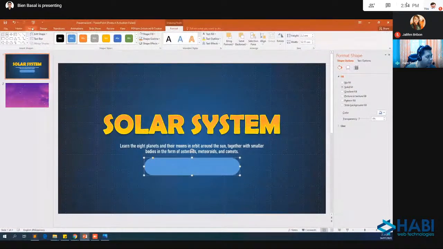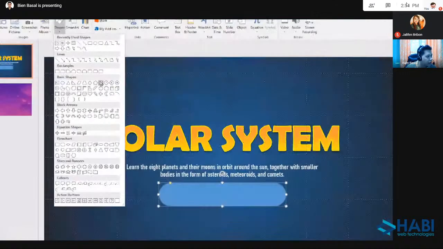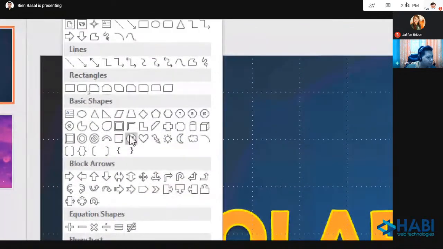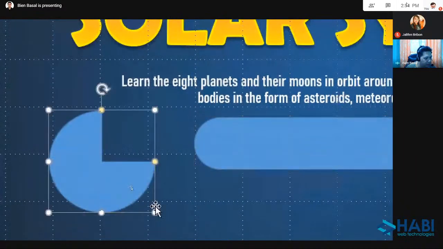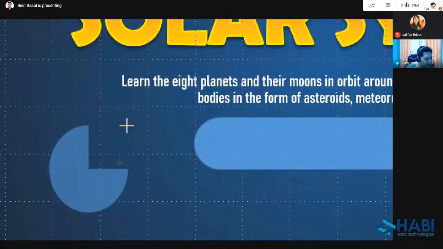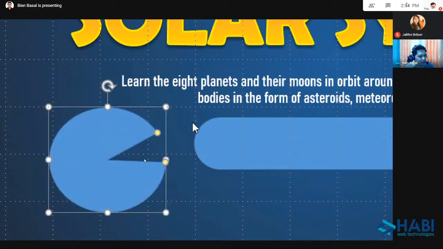I will add one more shape. Siguro, I will try kunwari itong si pi. Kung meron po itong ibang effect. Si pi, meron po siyang resizing handles and meron din siya nitong mga yellow na to modify naman po yung angle ng pi. Yan. So, explore nyo lang po yan.